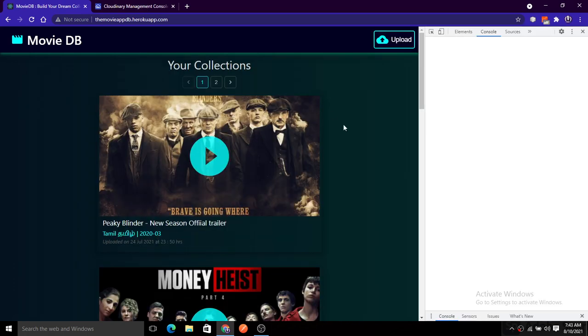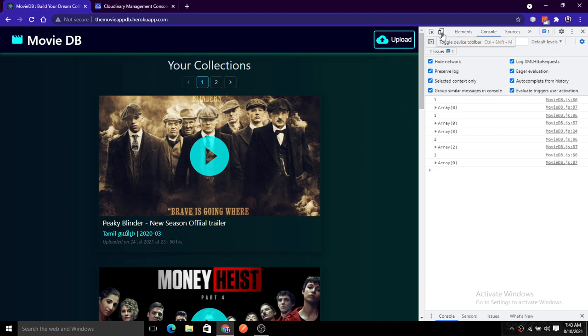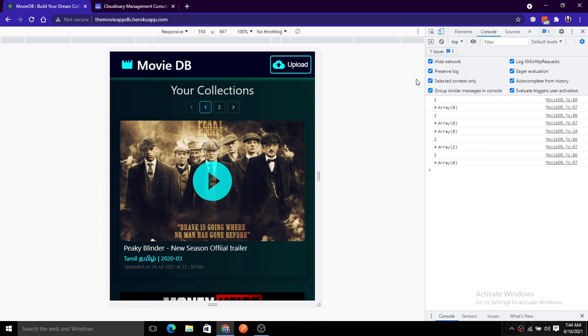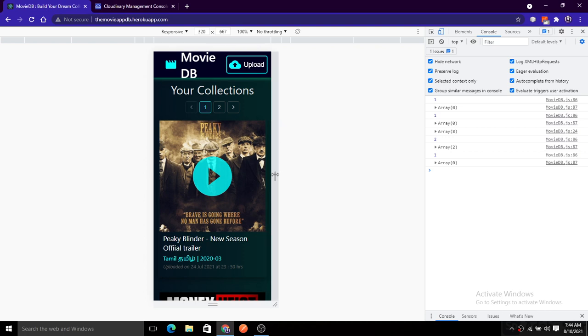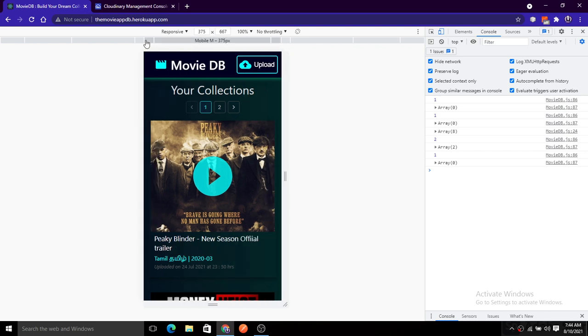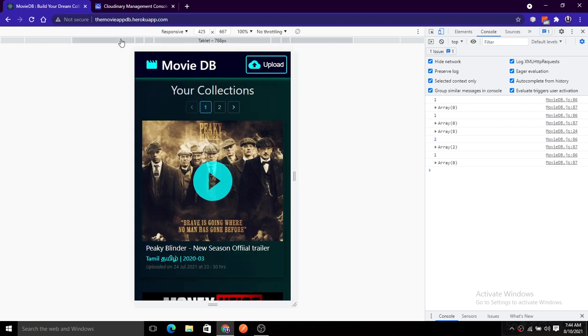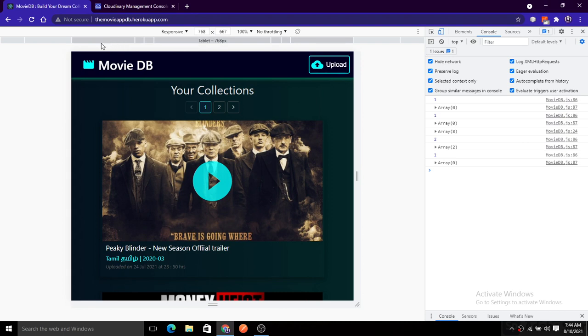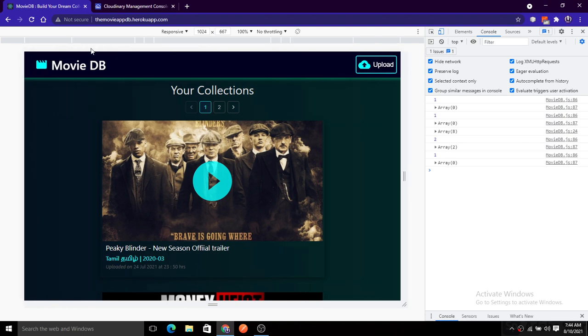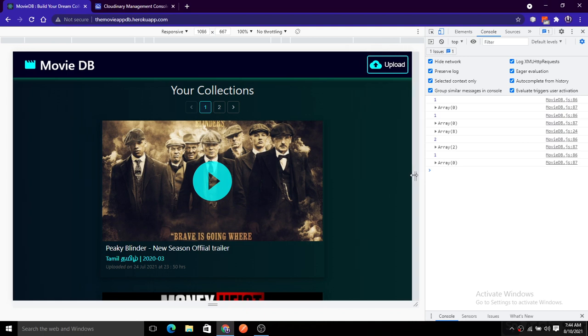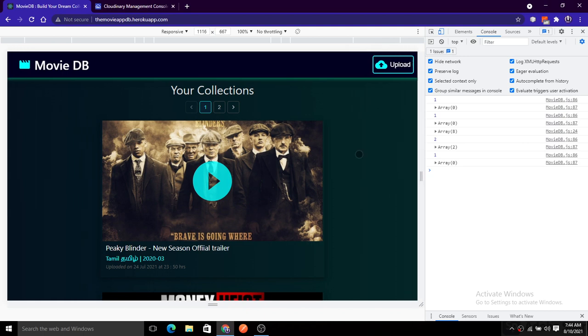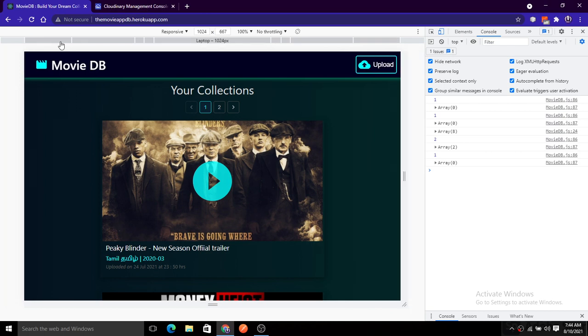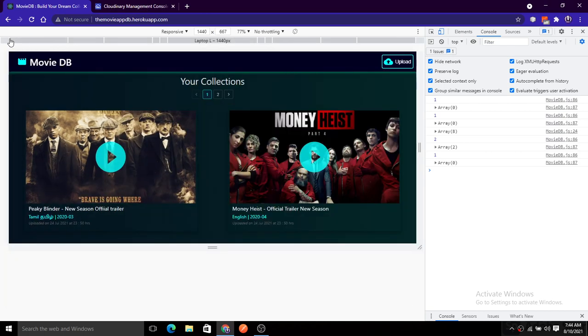So I am opening the toggle device toolbar section here, and I will just click on inspect, and now you can see the smaller screen sizes. So this is for a small screen, this is for the medium size, this is for the large mobile, this comes for the tablet section, this comes for the laptop, and if it is bigger than that, it will break up into a grid of two parts like this, you can see here.